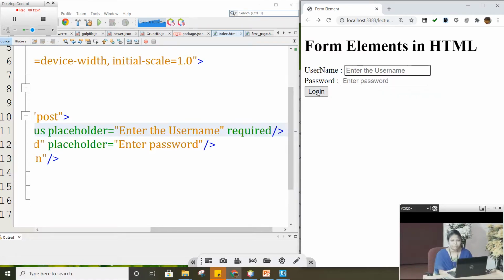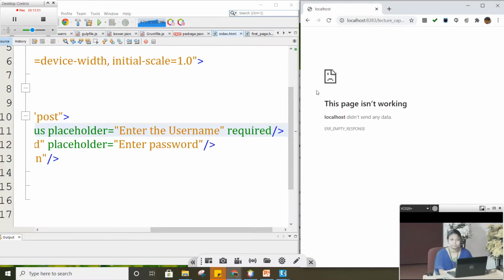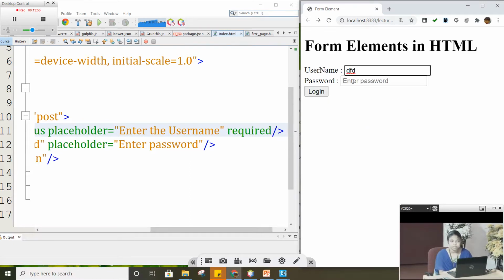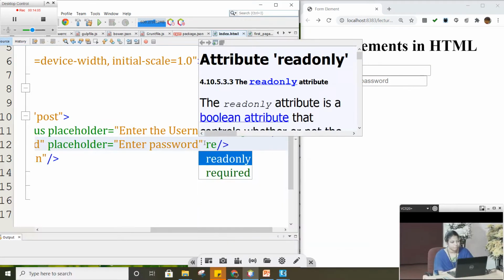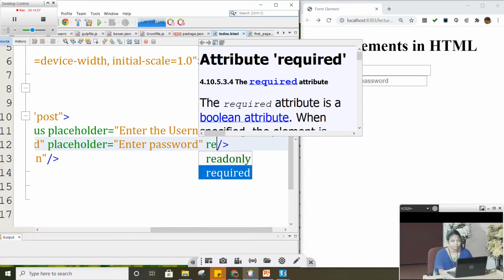I cannot log in until I give some data in the username because of this attribute required. So if I start typing something and if I log in, it will take me to the other page.